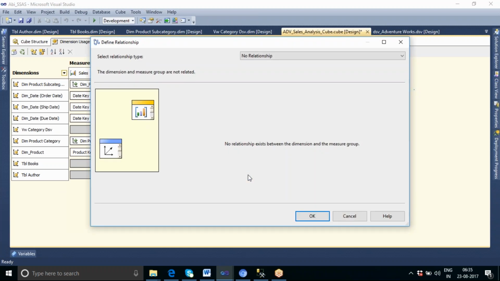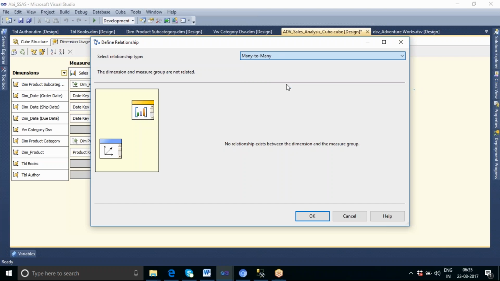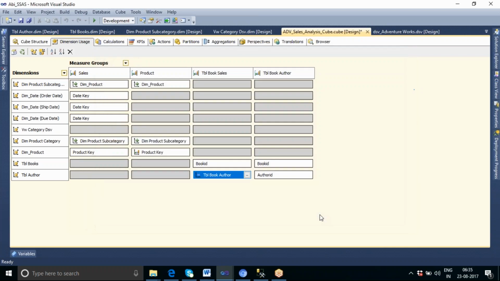Go to this relationship point and select this many to many relationship. It is asking for the dimension, which is table author, and what the intermediate measure group is, that is your factless fact table. I have only one bridge table called table book author. I can select that.